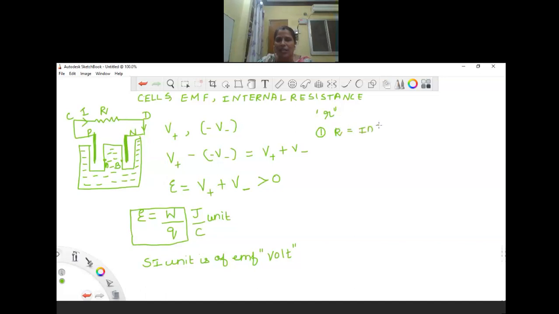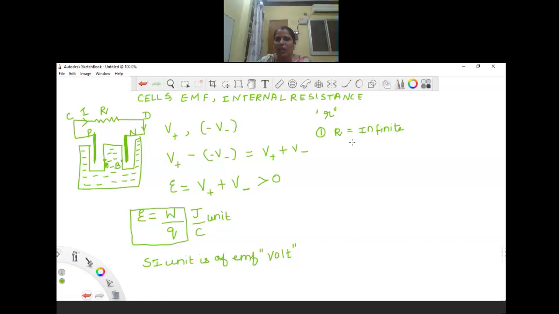Capital R is equal to infinite. Okay. And let me recall once again here: what is the direction of the current through the resistor? From P to N, that is C to D. But inside, the direction of the current is from N to P. Okay. So now in order to explain that, we are considering the first case, that is R is equal to